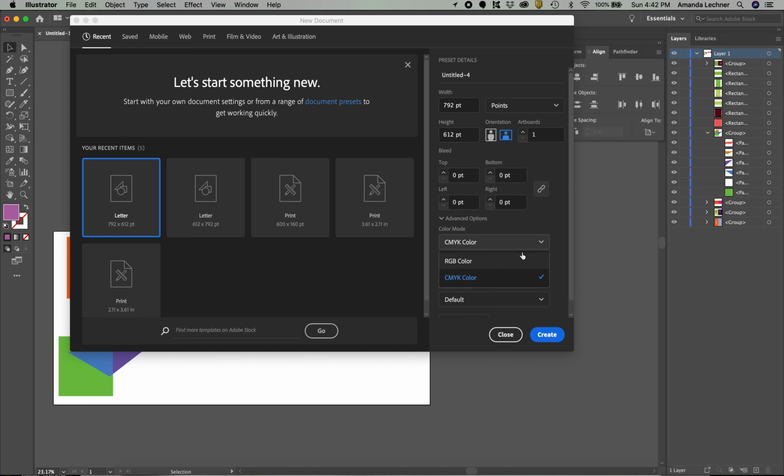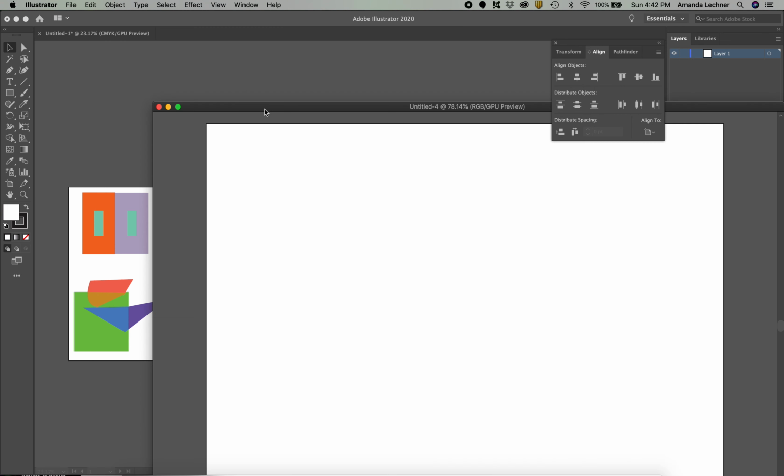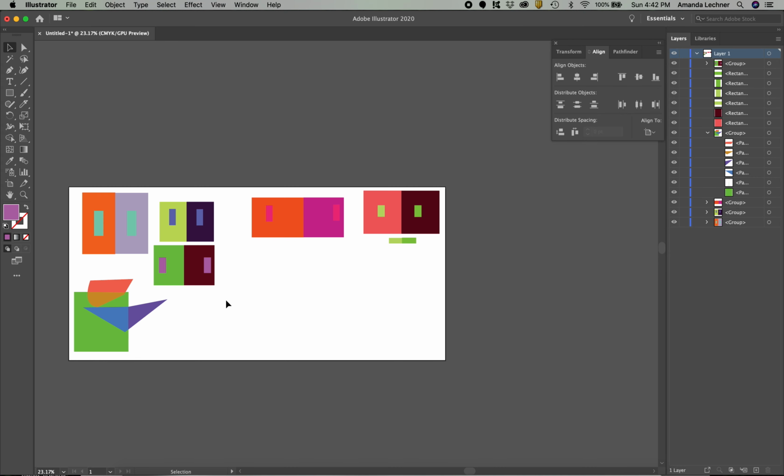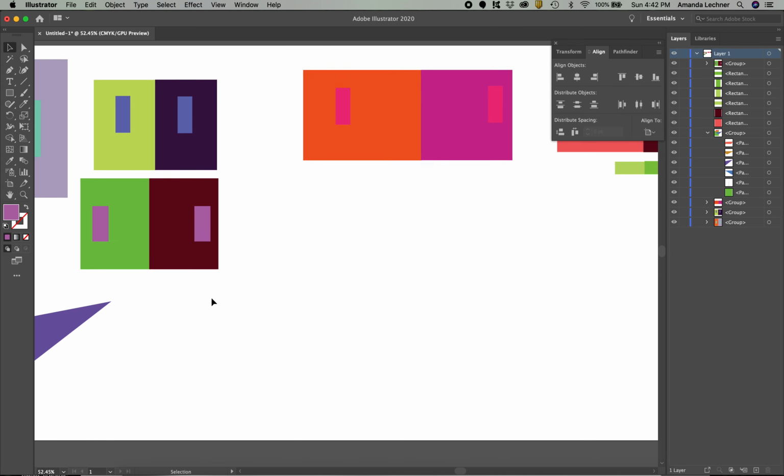We also can choose our color mode. And I'm going to choose RGB color because I anticipate only working with this on the screen. If you anticipate printing this ever, you should choose CMYK color. Have a new document. I'm actually going to go over to the one I started before and zoom in so